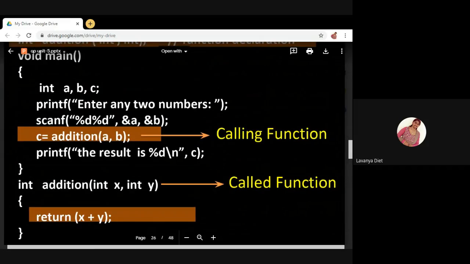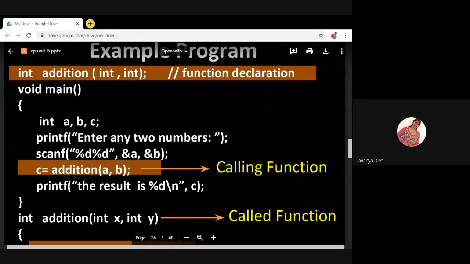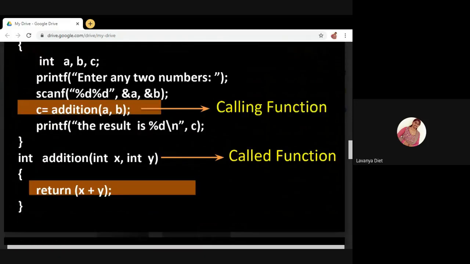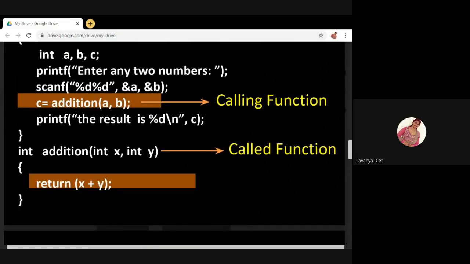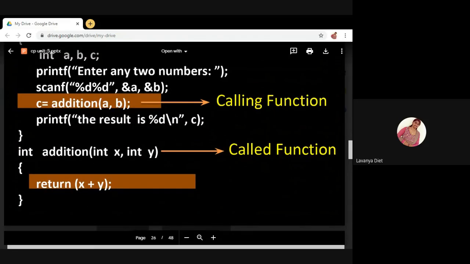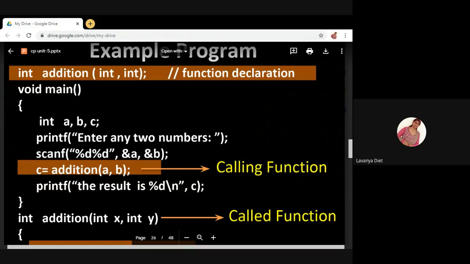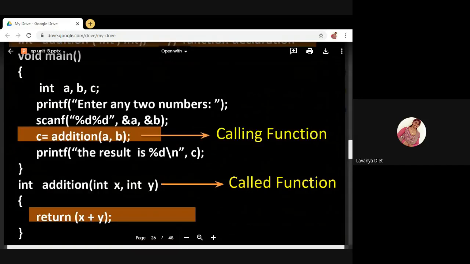Again, see what is the calling function and what is the called function. The function call inside main, where you are calling some function, is called the calling function. And the function definition which is present after main is the called function. See here, void main, open curly brace, all these statements are present inside main and main is closed. After main is closed, you have to write the definition for the function.